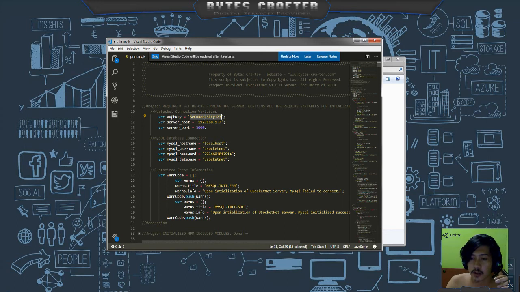These are your authentication keys in the server side, so you need to declare them on the client side, and this is the local IP of the server. So what port will the server be running on? Currently I am using port 3000, for example. And what is the localhost USACnet? For example, this is the server side.